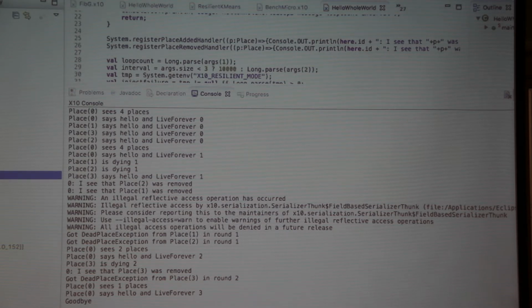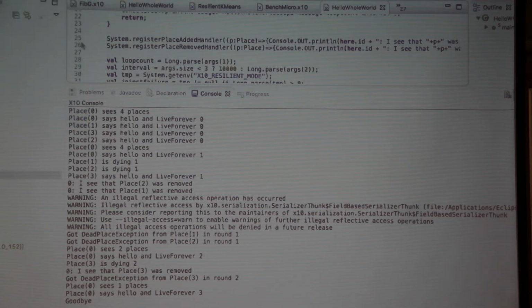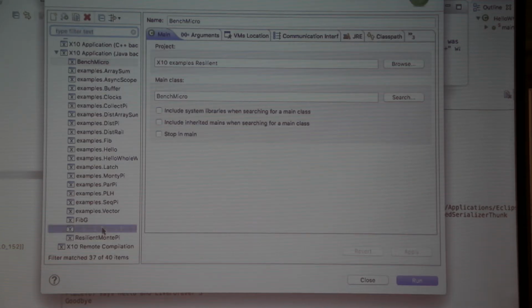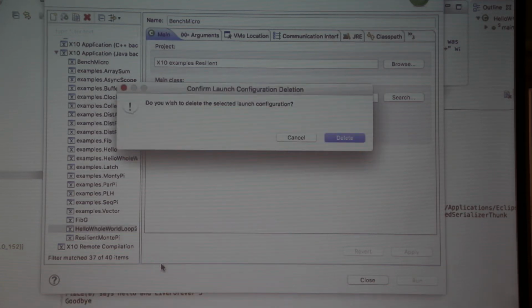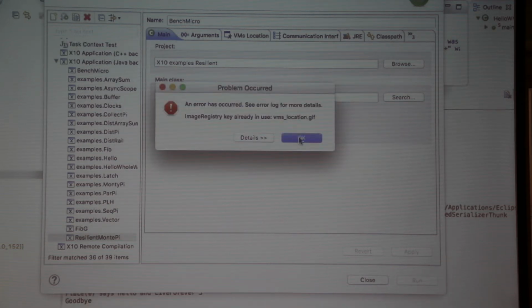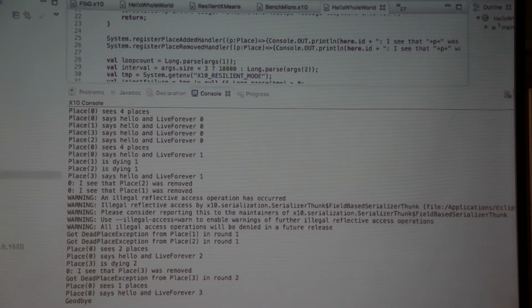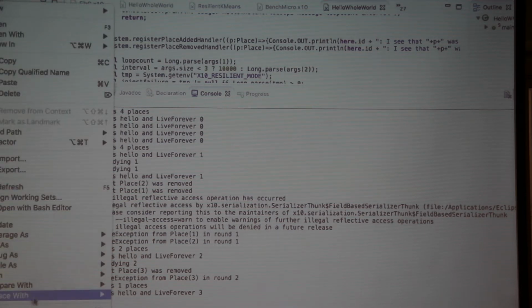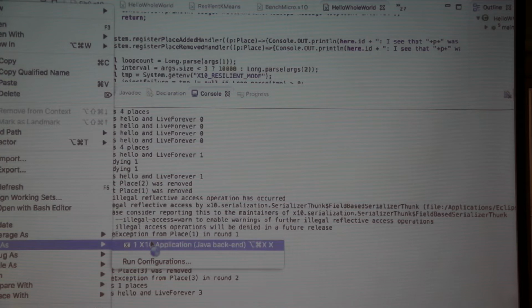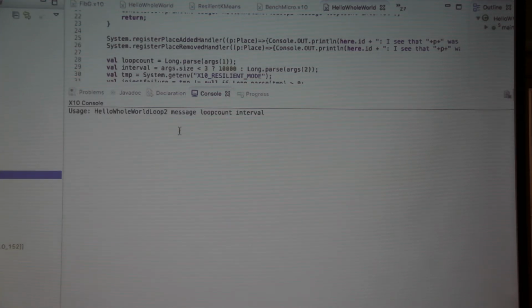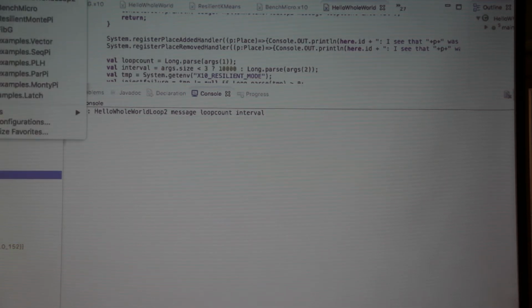So you know what we can do? We can delete this configuration, and now it wants message, loop count, and interval. This is what I wanted to show you. So we will set up